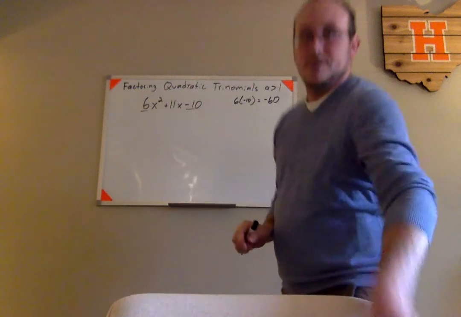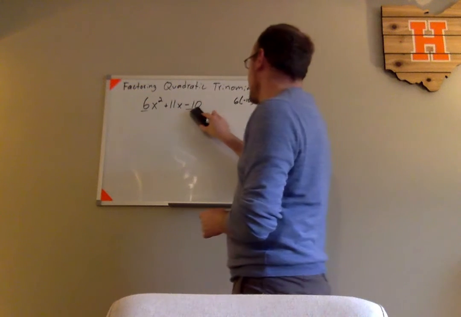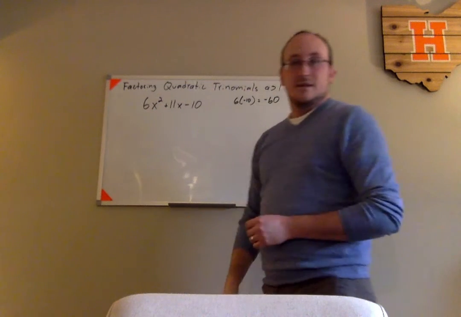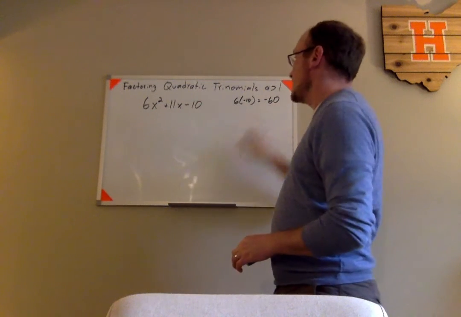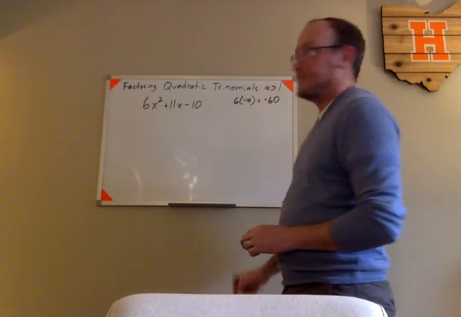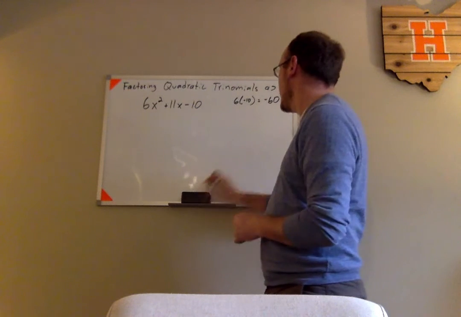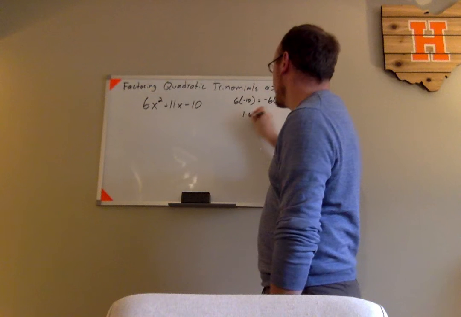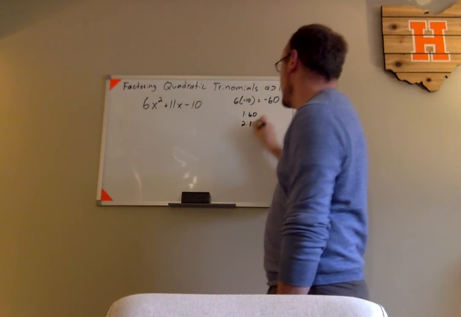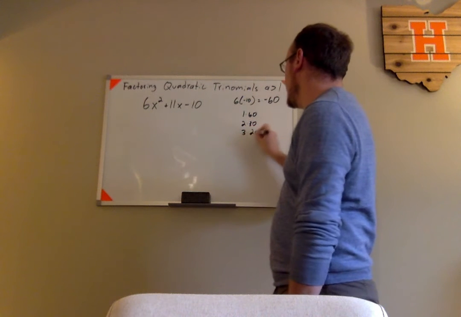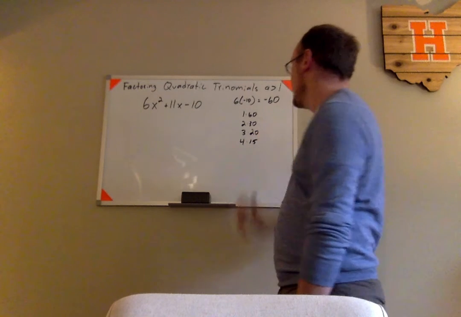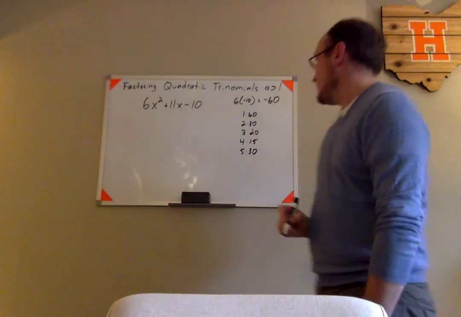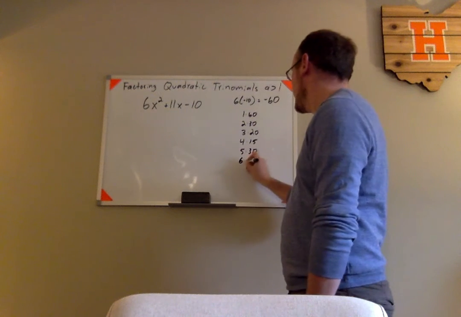And at that point, once I've found that number, negative 60, that product of the A times the C, now I'm going to look for factors of negative 60 that add up to positive 11. So if I just start listing ways to multiply to get 60 in general, I could have 1 times 60, 2 times 30, 3 times 20, 4 times 15, 5 times 30,